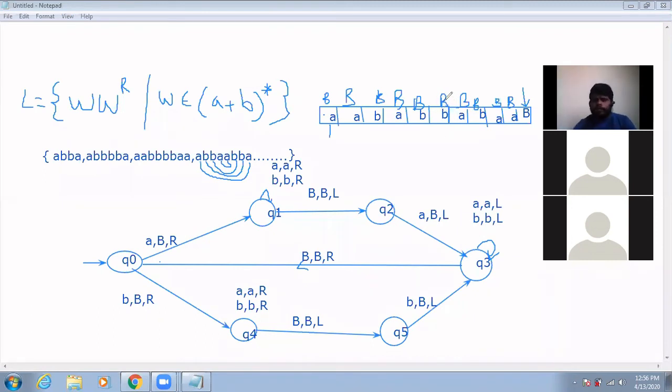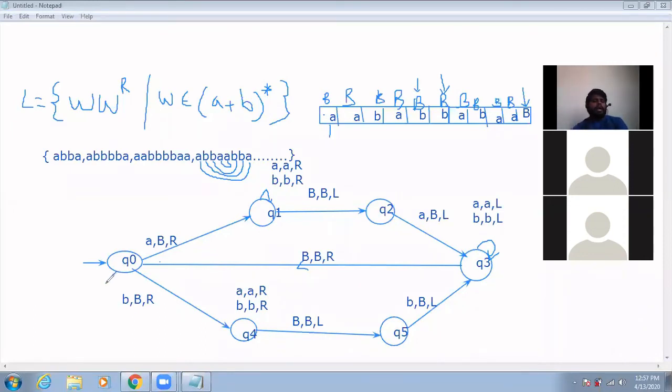I have replaced it with a blank, and I have moved to the left-hand side, and finally you are at this place. So B you have replaced here, and blank on blank you are moving right-hand side. Remember, after completion of all those things, B you have replaced with a blank, and you have moved left. So what is the symbol? There is a blank. So blank on blank, you should go to the right-hand side. Again you encounter a blank only, because at Q0 you don't have a blank.